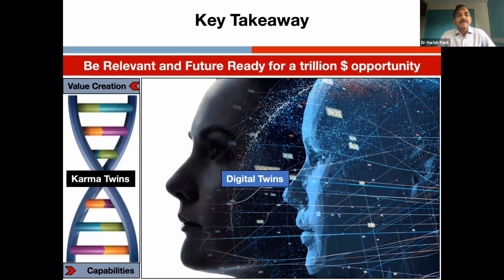Key takeaway: on the left side, if you see the karma twins, and I call the digital twins, both have to marry for us to remain relevant and be ready for $1 trillion opportunities. And when I talk about karma twins, it means the value creation happening and the capability, both have to go hand in hand. At times, manufacturing people get so focused on value creation that they forget about the capabilities